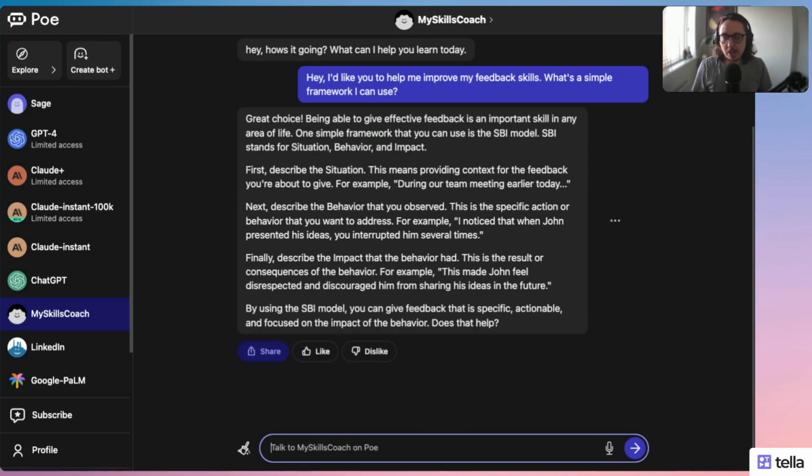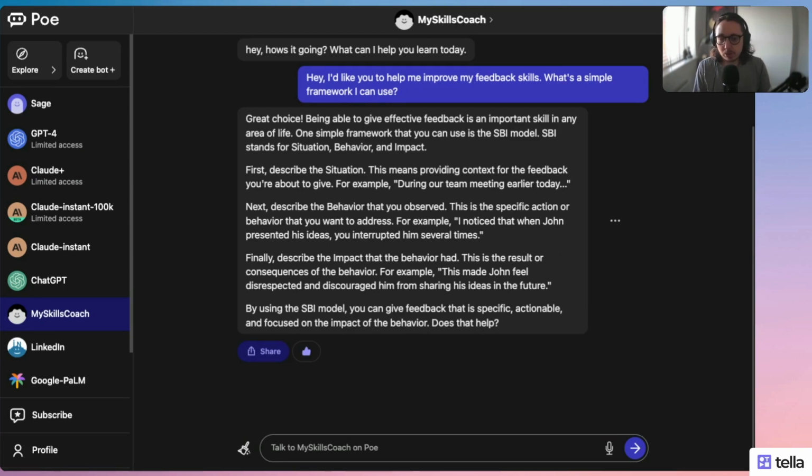Okay, amazing. So you can see here that it's been able to come back and say this is a framework that you can use, the very popular one that I love, the SBI model: situation, behavior, and impact. And what I've been able to do very quickly, as you've seen in a matter of minutes, is build a very quick conversational bot that I can continue to engage with.